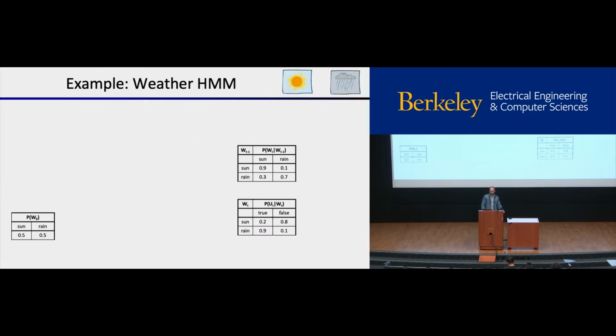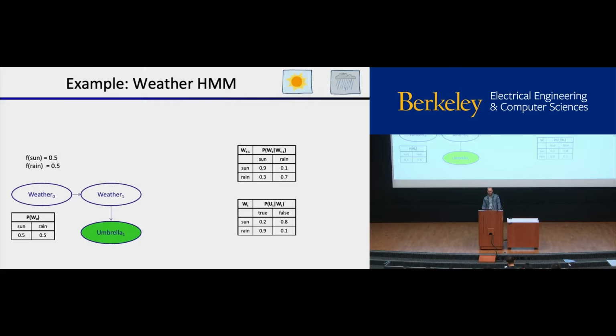So back to our weather example in more detail, and this is important, the starting probability distribution at time 0. So we have the weather at time 0, and we don't get to see it directly, but we start out with a belief distribution, a probability distribution or a vector over the values that it could take. And now we see that there is, I think that's what the green means, that there is an umbrella at time 1. So now what do we do?